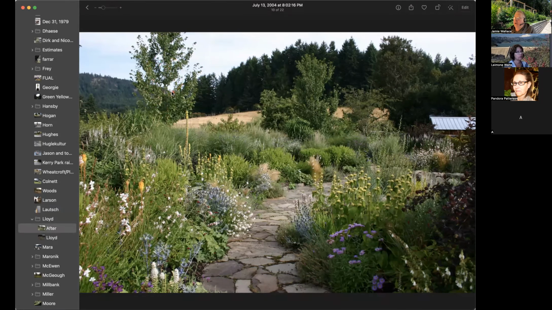We had a tree layer, we have shrub layers, we had some very tall grasses in here, and a lot of herbaceous perennials and climbers as well that are probably not easy to see here,